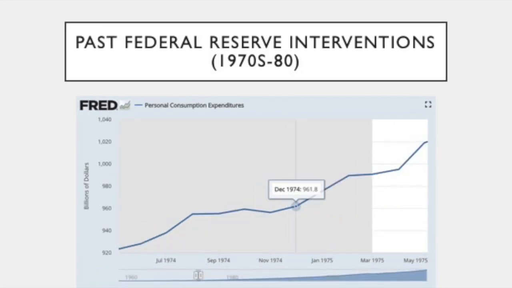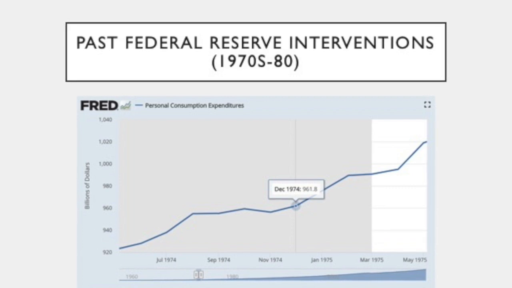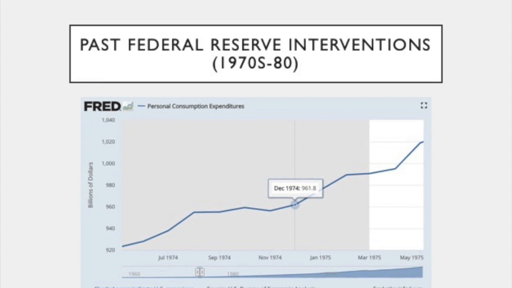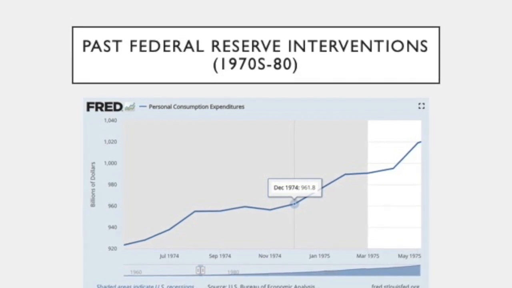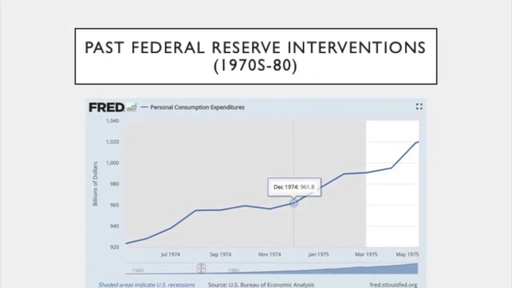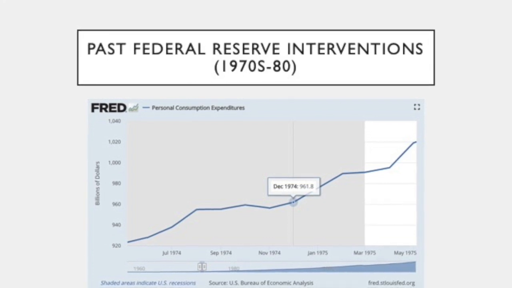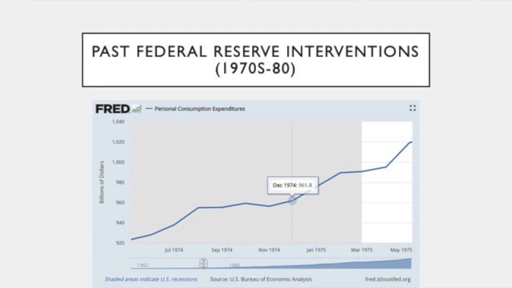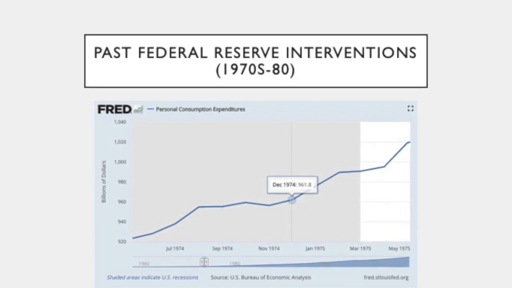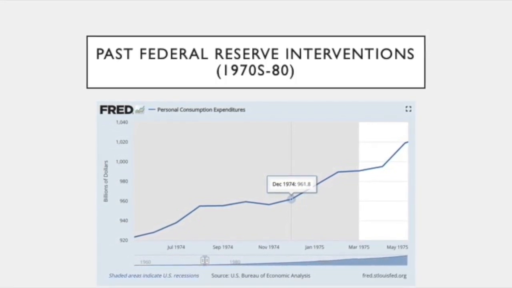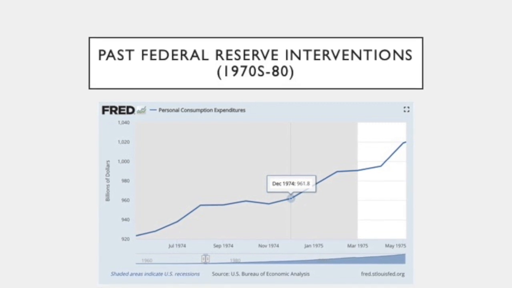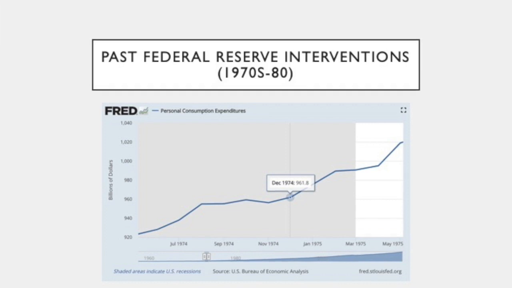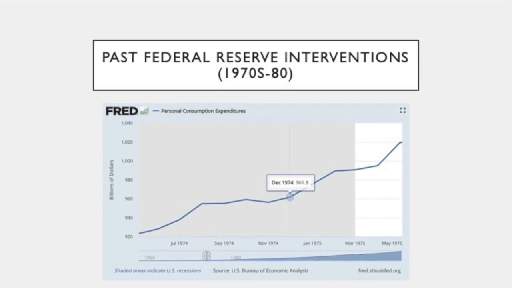So with higher interest rates and saving going up, I was expecting to see consumption go down. But in 1974, you can see that personal consumption expenditures continue to rise even in recession. So that was a little surprising to me. I would primarily attribute personal consumption going up to just how strong the American economy was and how we've always been able to get through any kind of recession or depression.